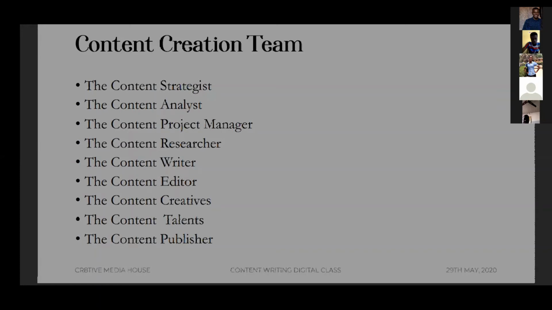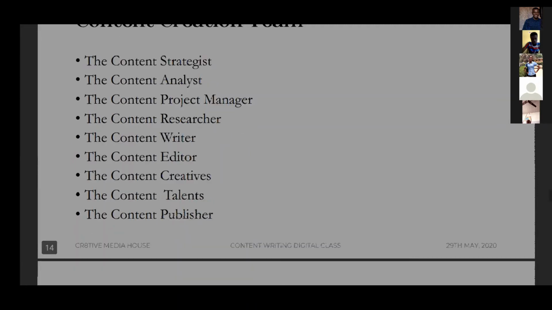Now I would like to emphasize very quickly that you don't mess with any of these guys, if you actually have a team of content creators. Every guy on this team is very important. But if you are the one doing everything, well, quite good. Imagine you have a wrong talent to communicate your content. How is it going to look? Or the graphic designer, your content creative, wants to misarrange your content, your idea. You can imagine.